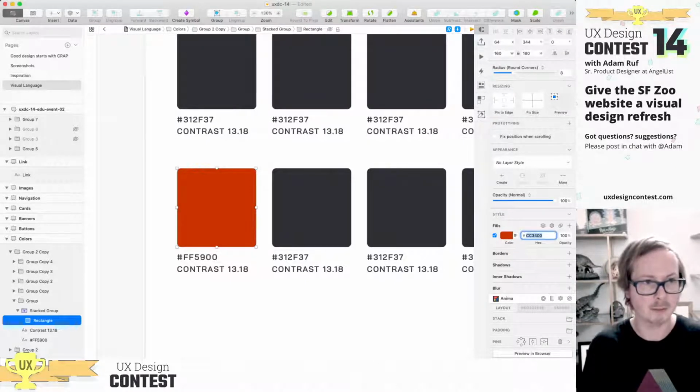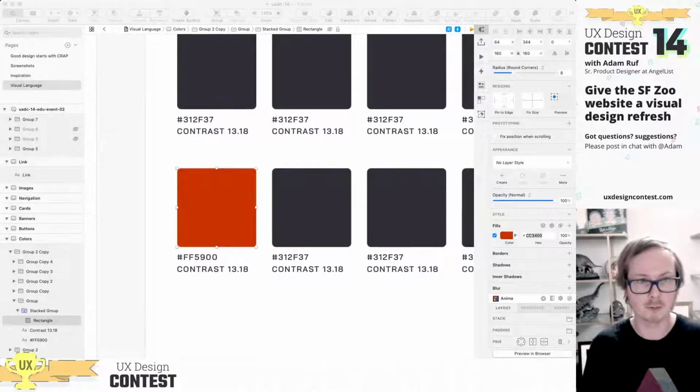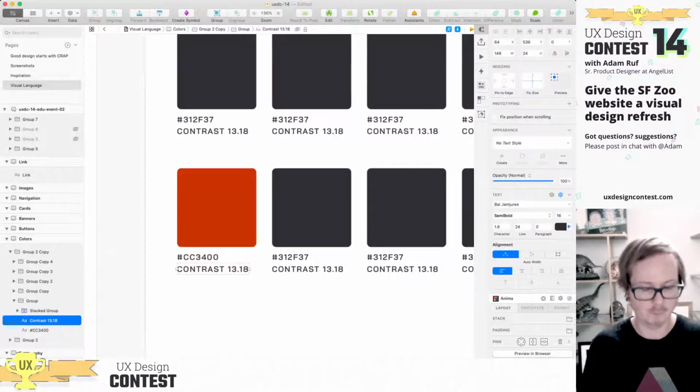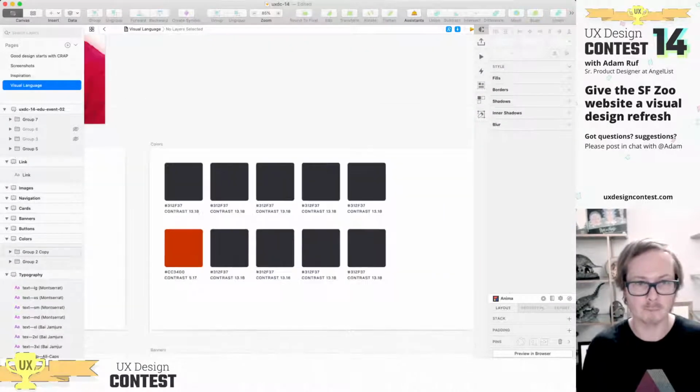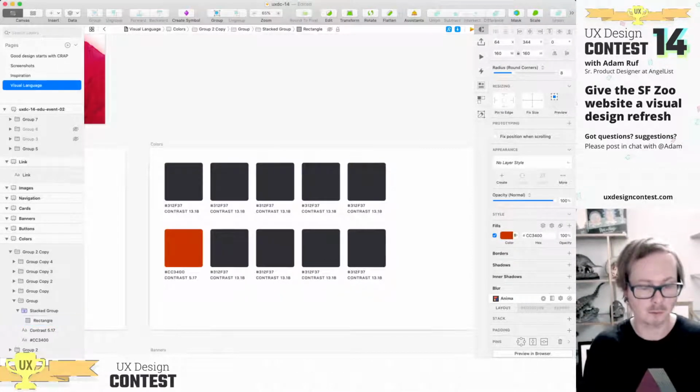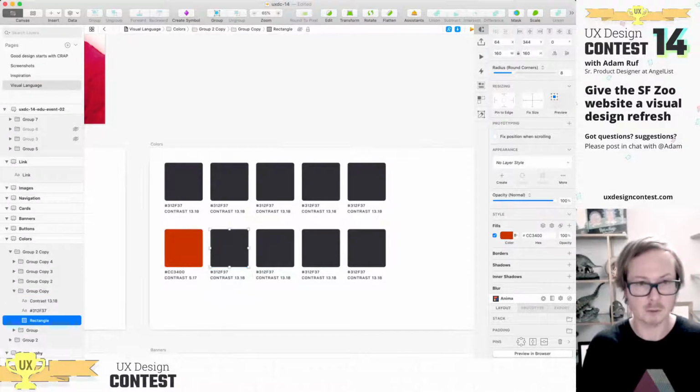More firmly planted in the red zone. Oh, nice. That's actually 5.17. I just checked it on that contrast ratio checker. Alright. Now, using these, I want to lose the color. Okay, and now I'm just going to be playing with the hue slider here. I like having a green